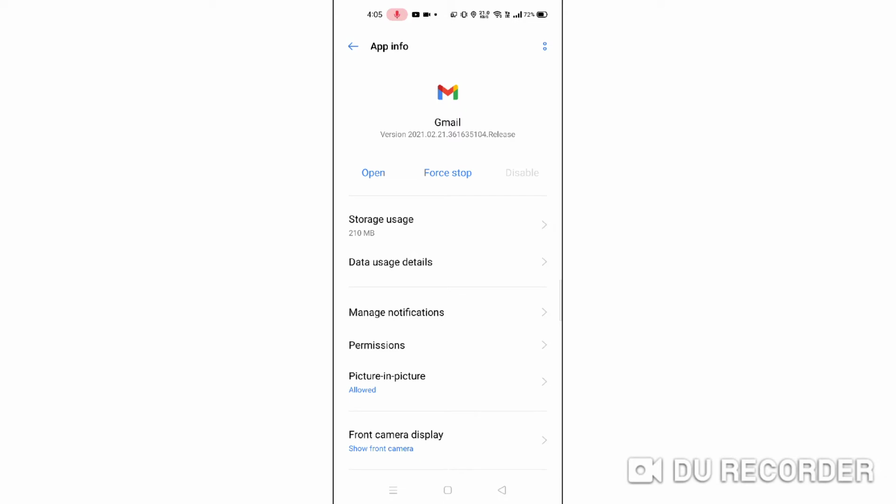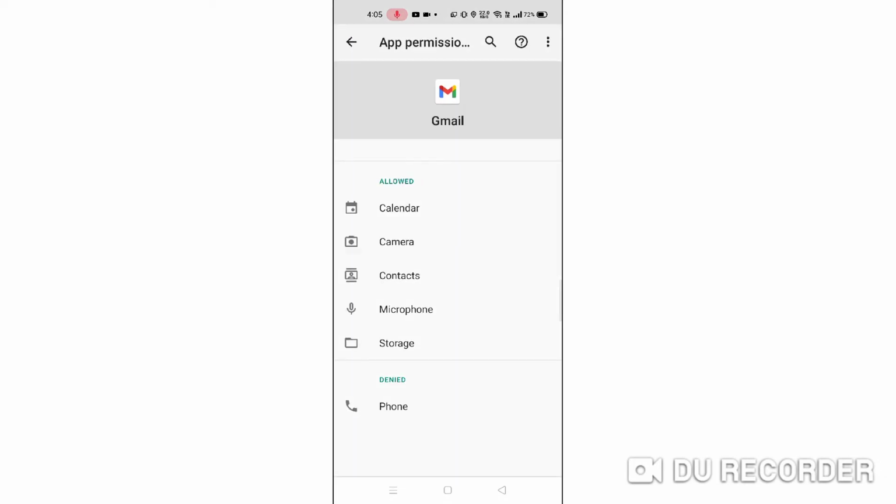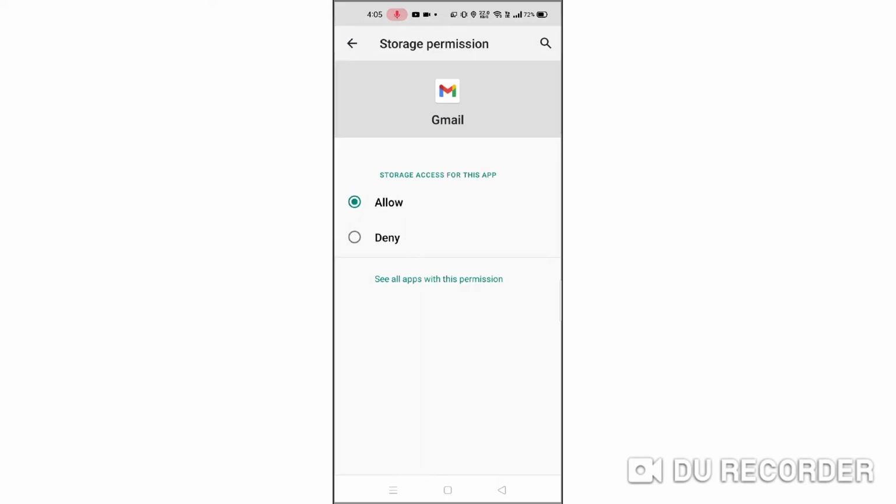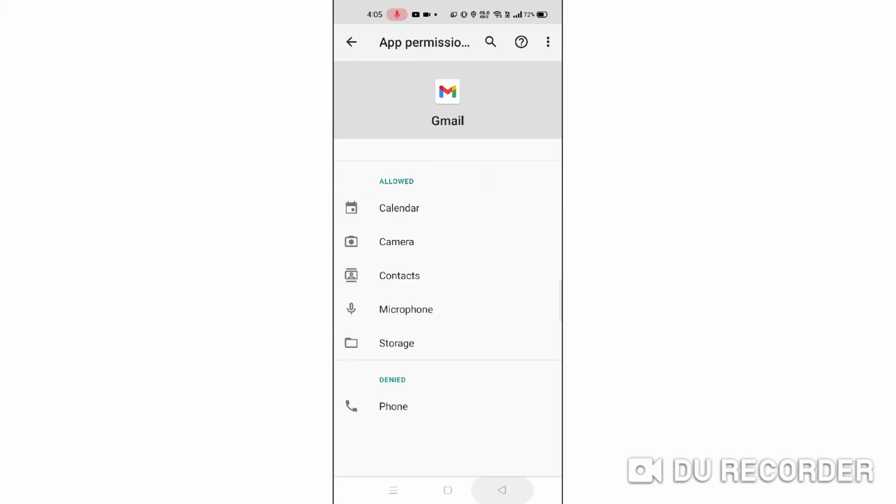After clicking on this, come to the permissions once, and after coming into permissions, click on this storage. After clicking this storage, make sure that your app is allowed. After allowing this,